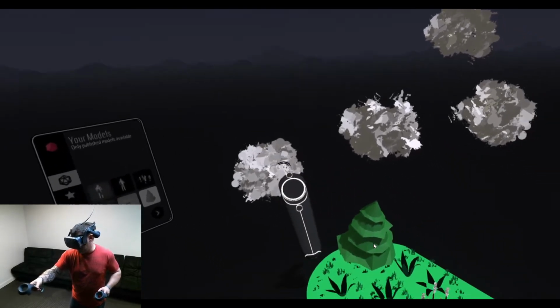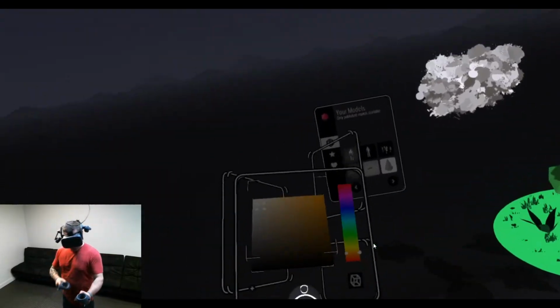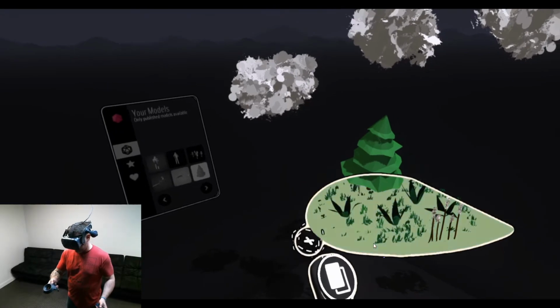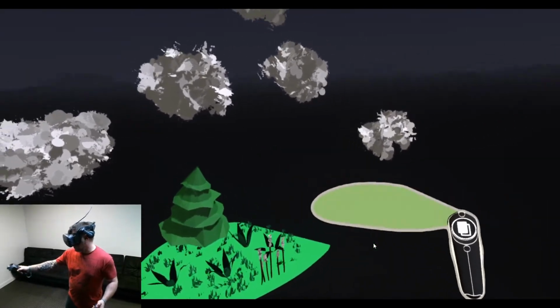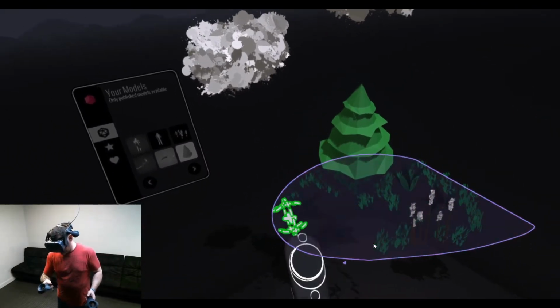A happy cloud. Pull out my inner Bob Ross. And then you can do cool things like, I can copy that, throw it out, didn't want it. Let's copy